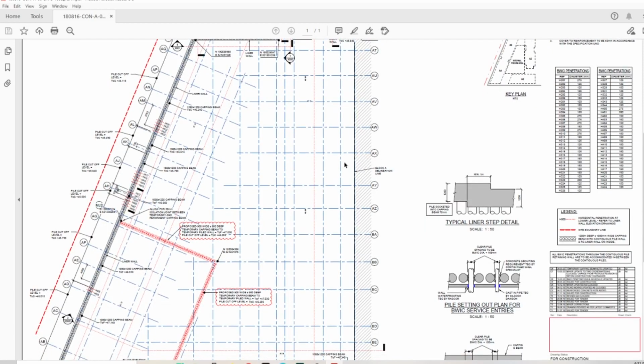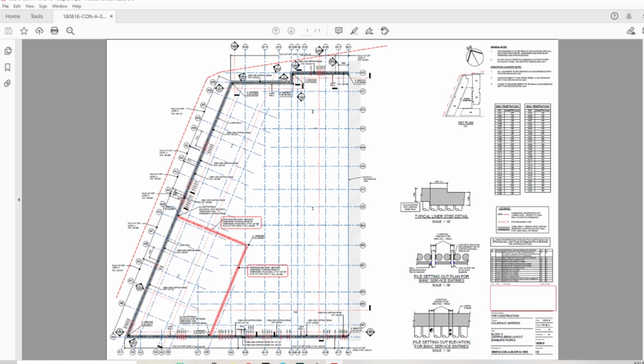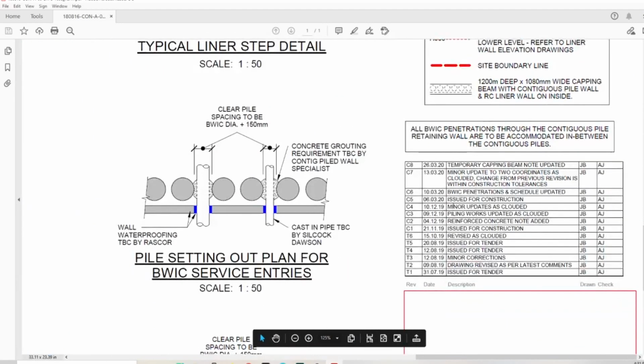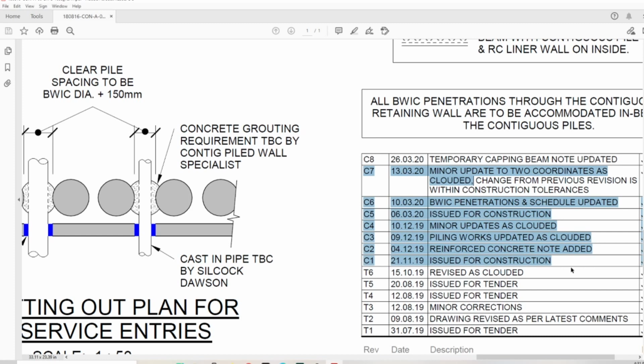So you can see the drawings, it's covering again all that block A area here, same as was for the piling as well, as you can see on my last video. So as always, we check the latest revision. This is a temporary capping beam, not updated. So all that stuff you can go through it, have a look what was updated, and if it's for construction